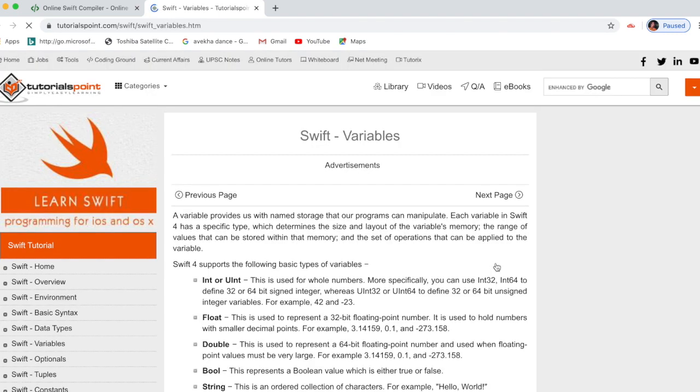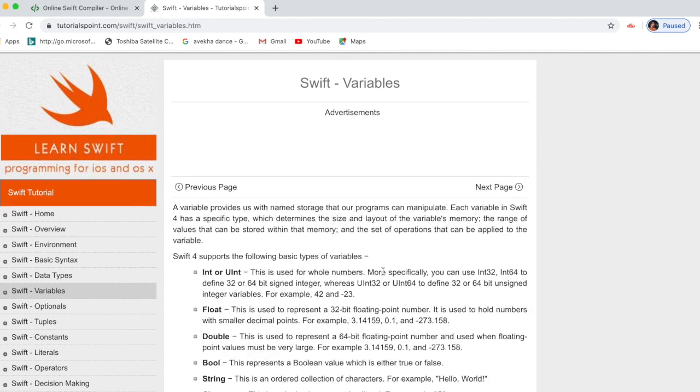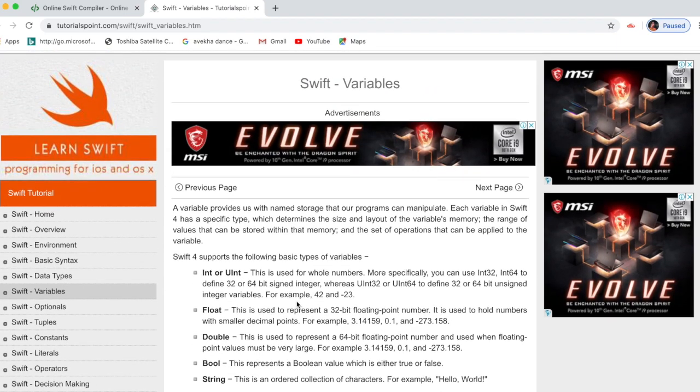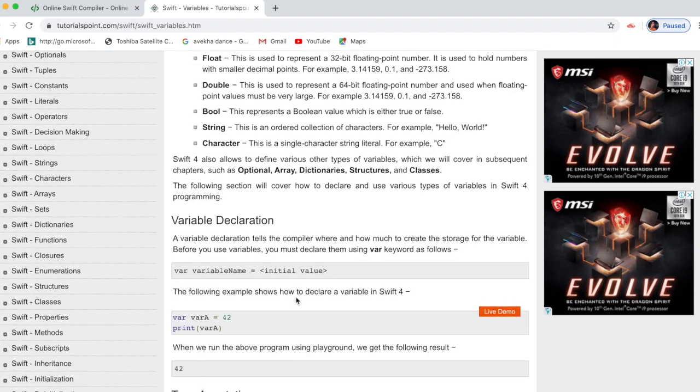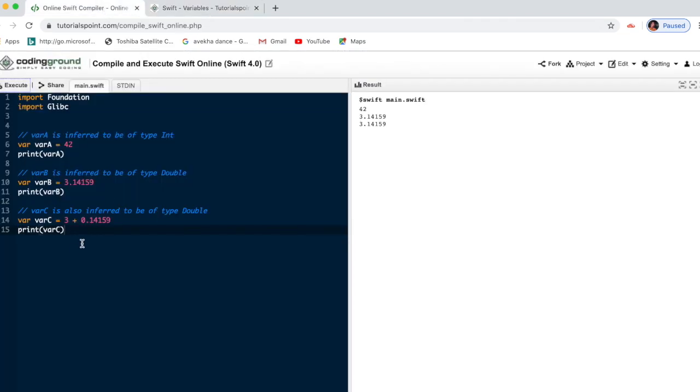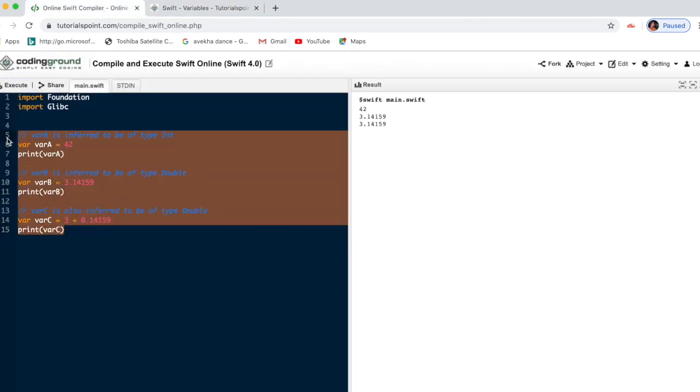Next, just go to the another view. Next about variables. I already told how to declare our variable. This is the way how to declare.